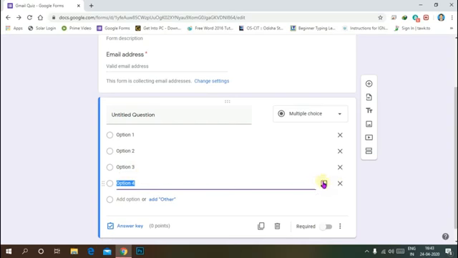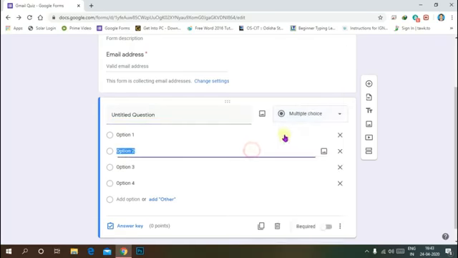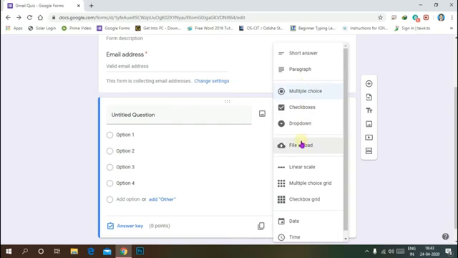In the options, you can also set a picture. Using the picture option, add an image. In each option there is a button to add an image, and you can also set an image for your question. Your question may be a different category, like multiple choice, or you can set drop down, and this type of options appears for the question if you set drop down. And also checkboxes for the question and short answer questions, etc.